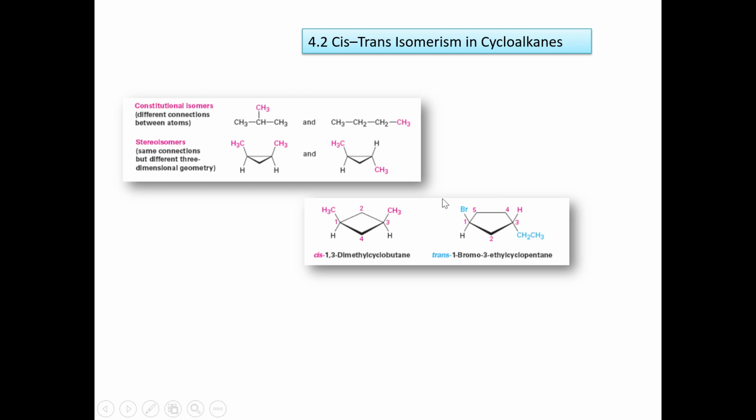If we have both substituents in the same direction, both up or both down, what we have is a cis configuration. We say that this is a cis configuration, both on the same side, in a similar way to what we said with alkenes. If we have both substituents on different sides, what we name is a trans substitution. Okay, that means this compound will be